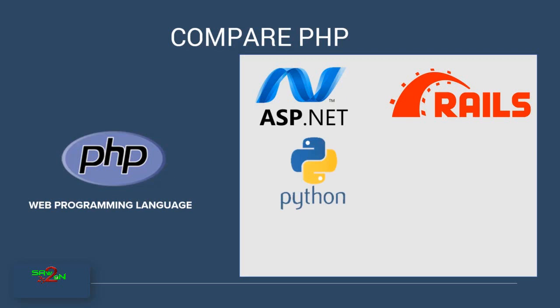Comparing Python with PHP, you might have heard of Python. Python is a general purpose language. It's not meant for a web programming language, but it is meant to do many other things like desktop applications, trying to build a complex business logic running at the server. So the main difference between PHP and Python is that Python does more than web programming. It's not focused on web programming, but web programming is just a part of Python.